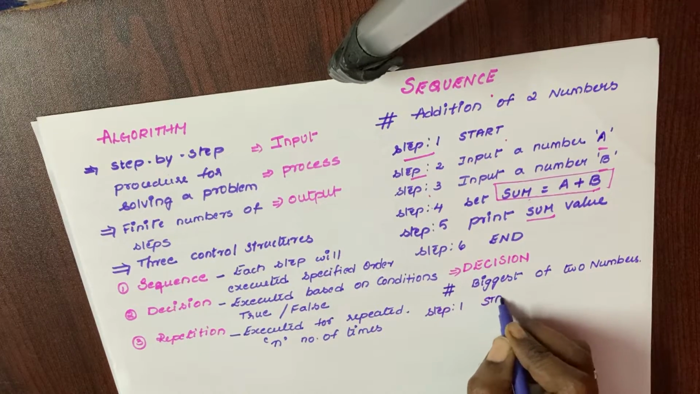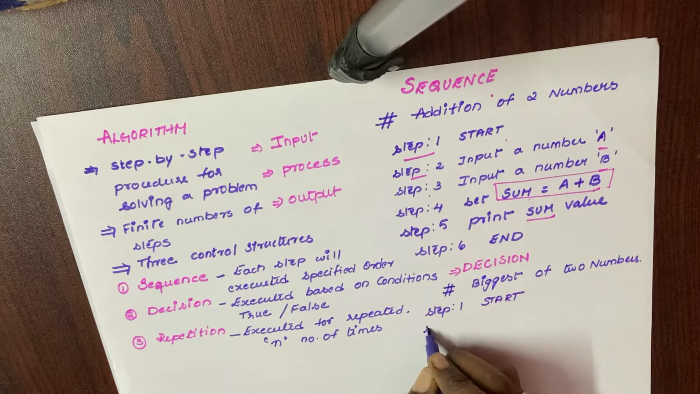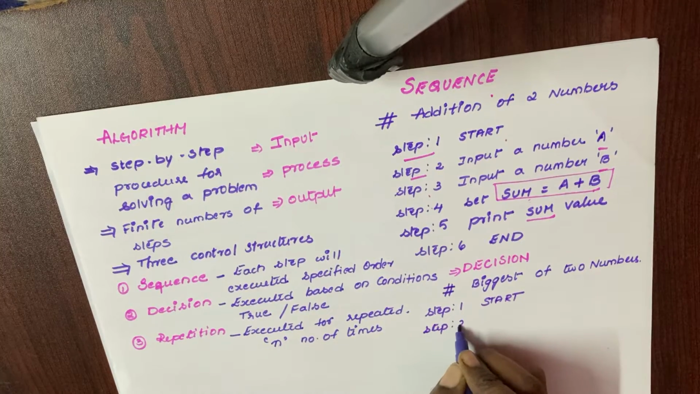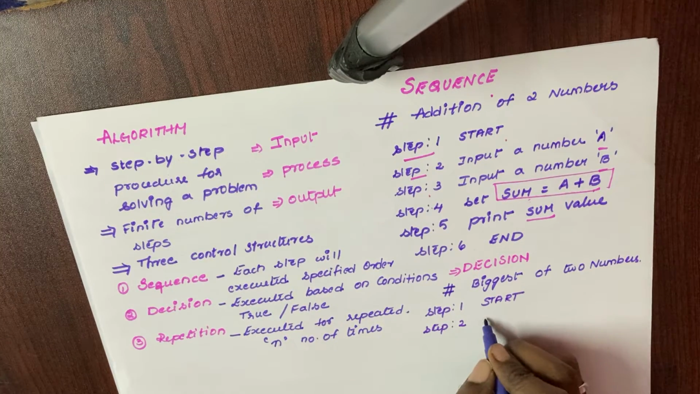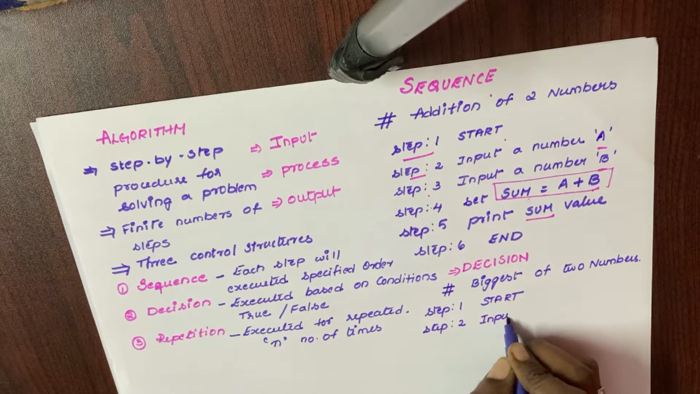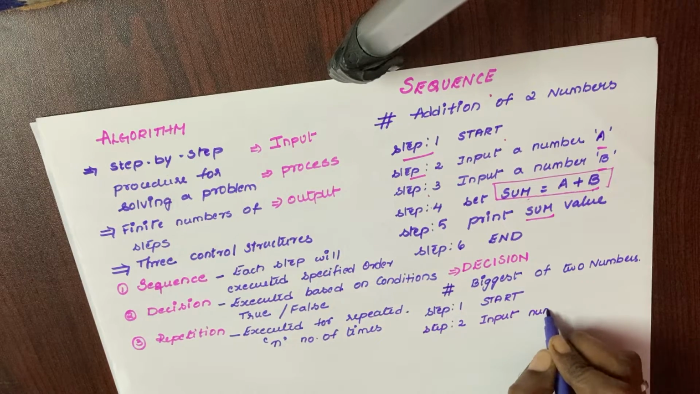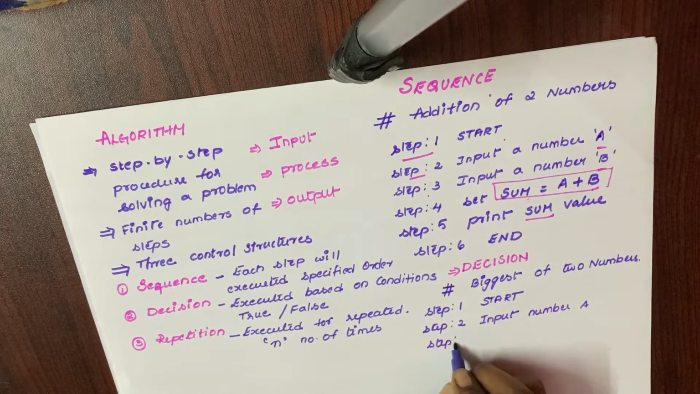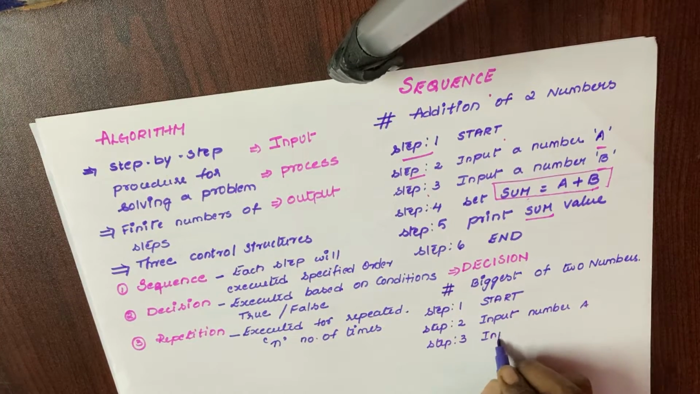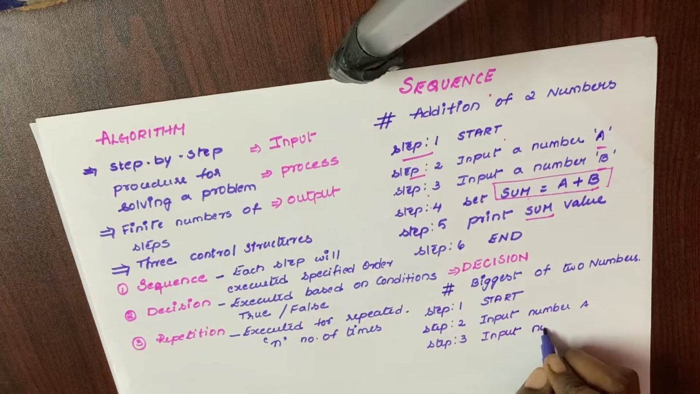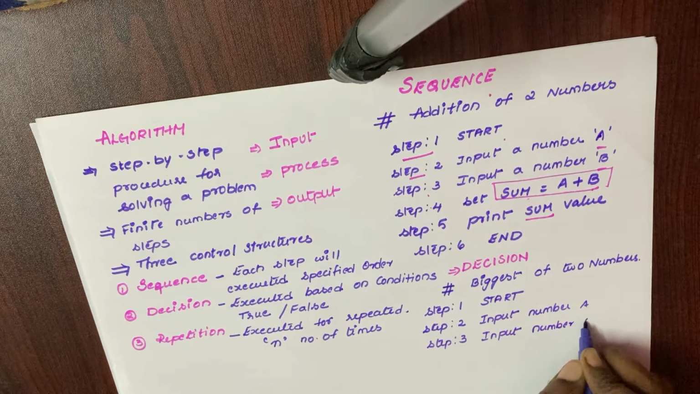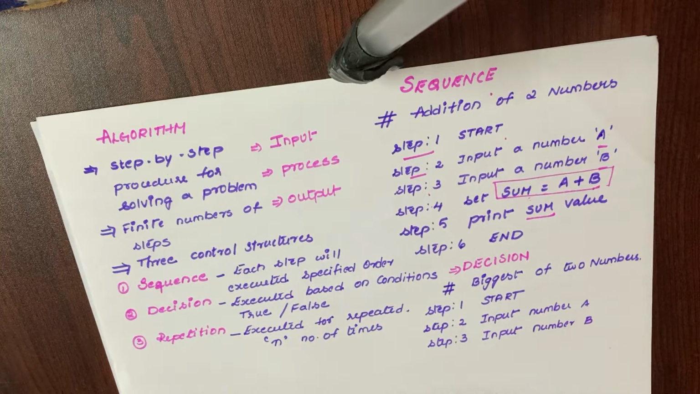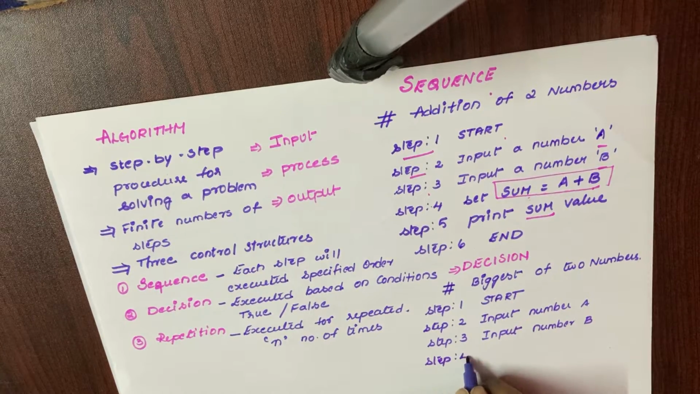Step 1, as usual, start. Step 2, we have to give the input, first number as A, and step 3, we have to read another input number as B. Now it's time to write the process. So in step 4, we are writing the process as